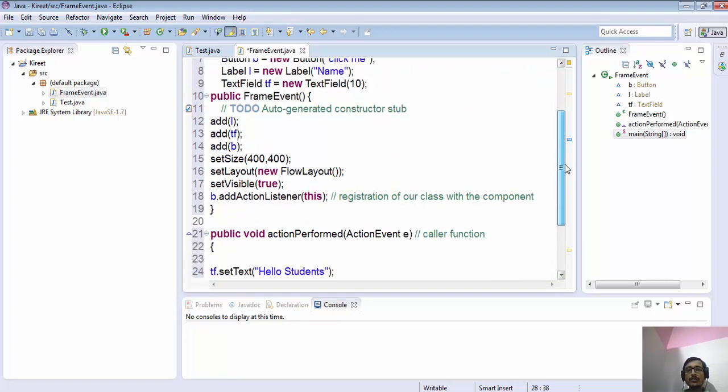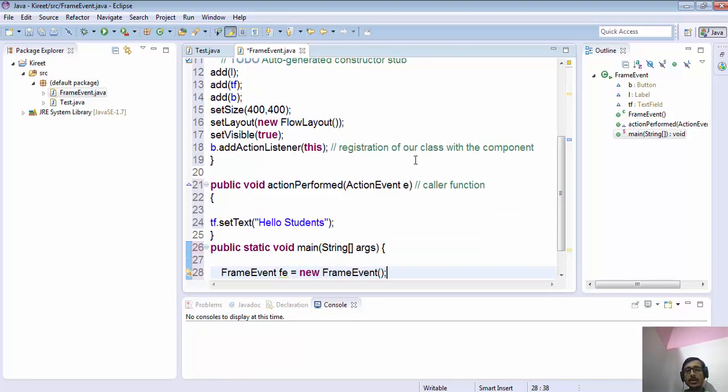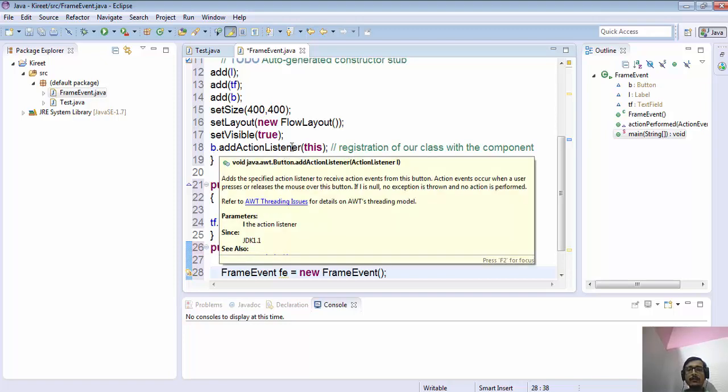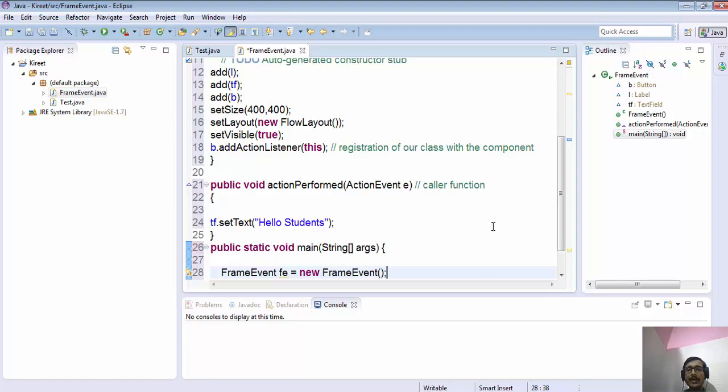There are two steps that you have to remember. First, you have to register the current object of your class inside this component. At the same time, this will invoke the caller function that you have to write, saying what action needs to be performed, and the event object will be passed as a reference to that caller function. As soon as you click the button, the event will be automatically generated. You are not doing anything; the linking is internal, because you have written the code for it. You have performed the registration and the linking part.